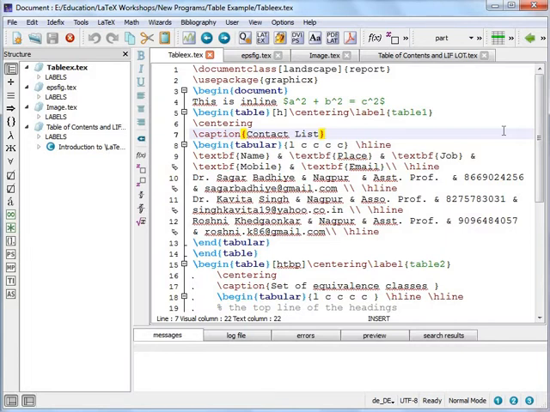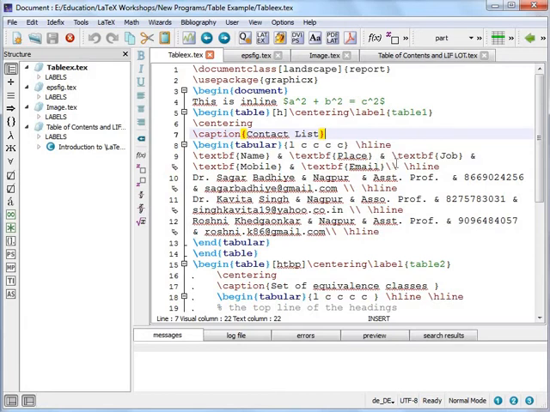Ampersand indicates that the content is in the next column. So again I am making the text bold. The next column will be job, separated with an ampersand. The next column will be labeled mobile. \textbf is used to bold the text. Then ampersand, and the next column will consist of email, right?